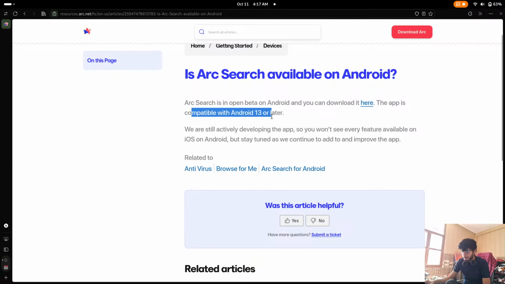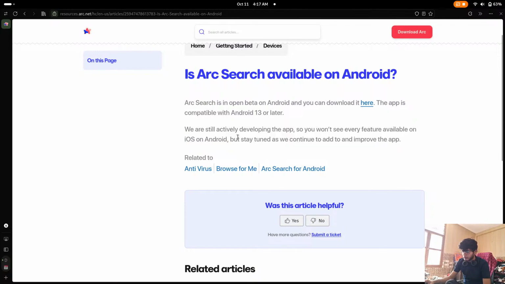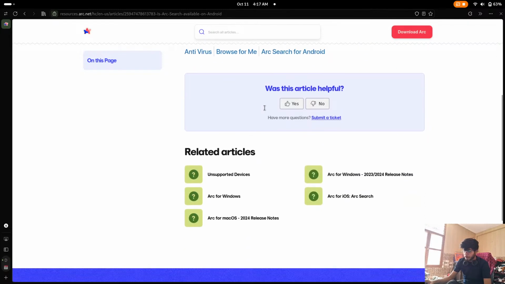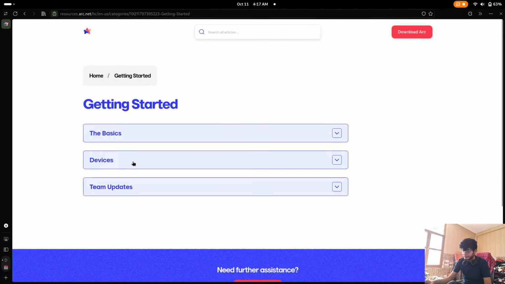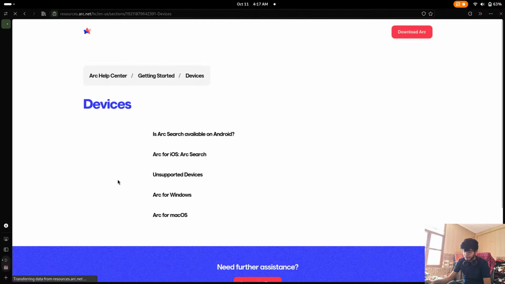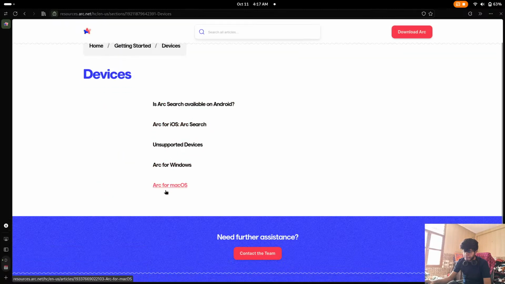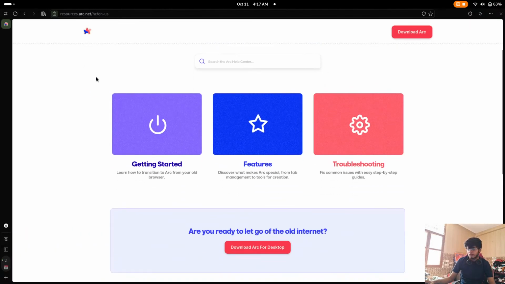So Arc is available on Android. The app is compatible. Open it on Android. The selected developing apps you want to feature on Android. But stay tuned. So Arc is available on Android. No, Arc is not available for Linux. Anyways,